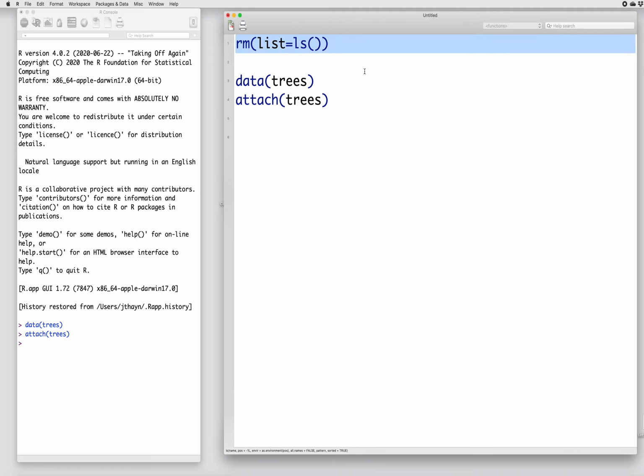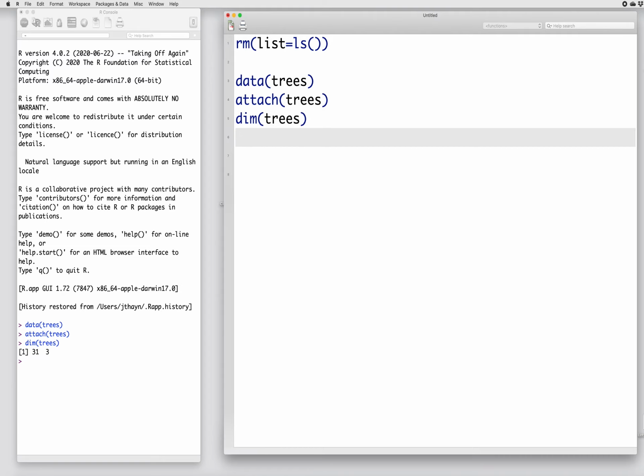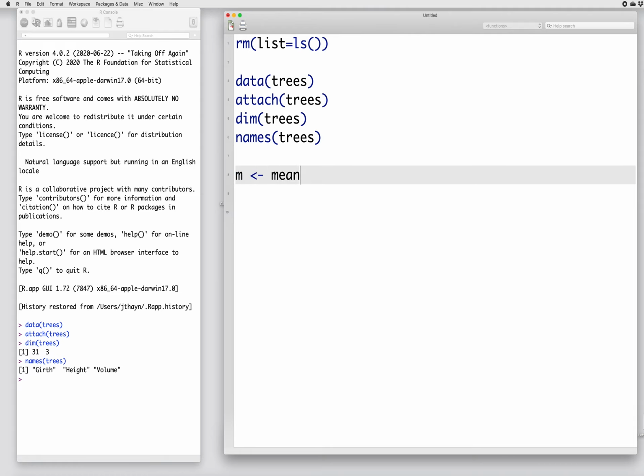Here I'm just cleaning off my workspace so that I'm not making any mistakes by having some variable from a previous analysis being retained. I'm opening up the trees data set, and here I'm attaching those data. The trees data has 31 observations on 3 variables: the girth, the height, and the volume, the lumber volume in those trees. So let's say that we wanted to make an estimate about the mean amount of lumber, the volume per tree. And I can calculate the mean here